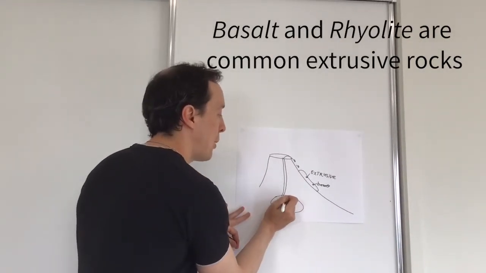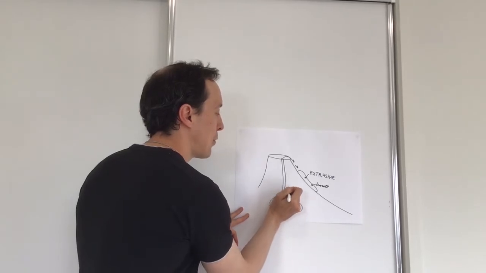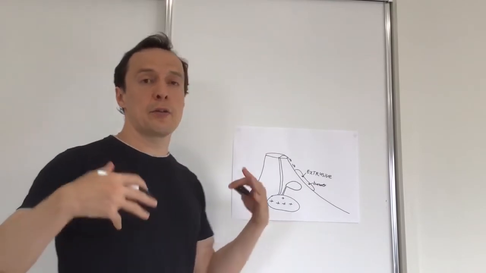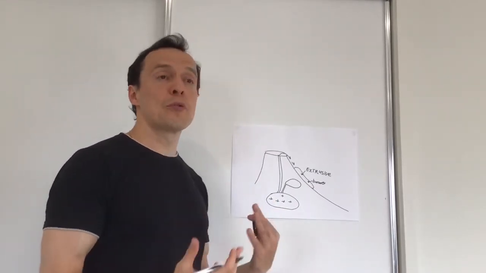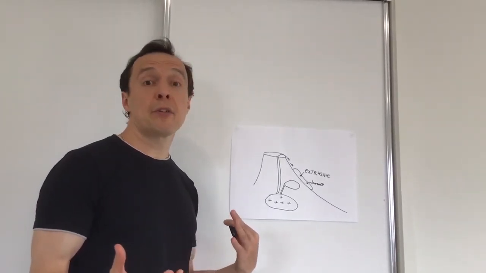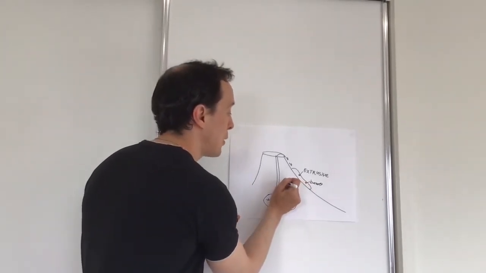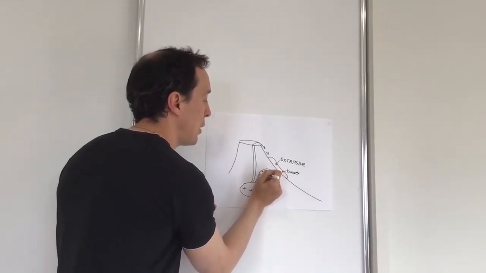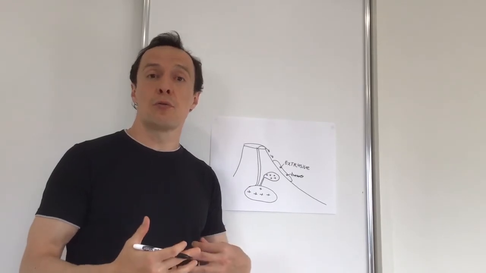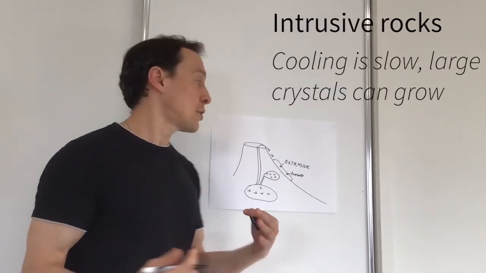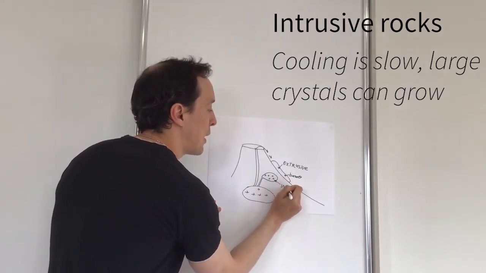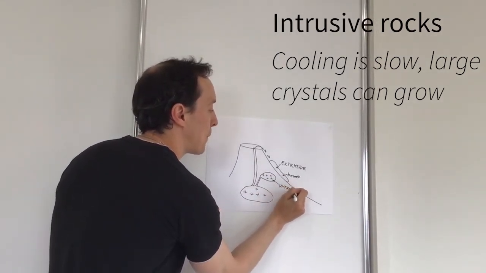Okay. Sometimes magma cannot go all the way to the surface. It will be deposited somewhere still in the rock mass, and it will cool down slowly. This process might take maybe several days or weeks. So it's a very slow process, and because it takes time, there will be enough time for crystals in the rocks to develop and grow. So these rocks are intrusive rocks because they're formed inside the rock mass.